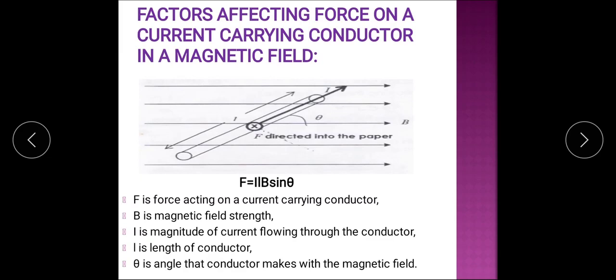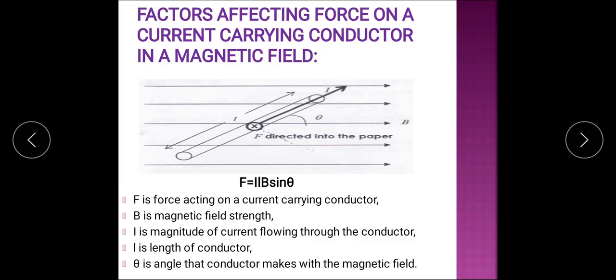Suppose this is your current carrying conductor, its length is L and current flowing through it is I. Let theta be the angle between this current carrying conductor and the magnetic field. So the force acting on this current carrying conductor will be given by the expression F is equal to ILB sine theta,